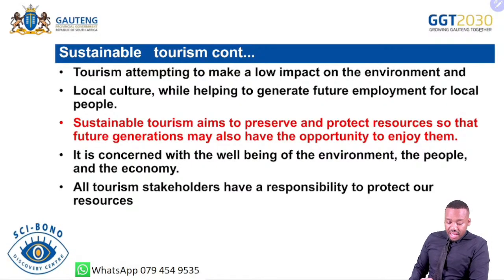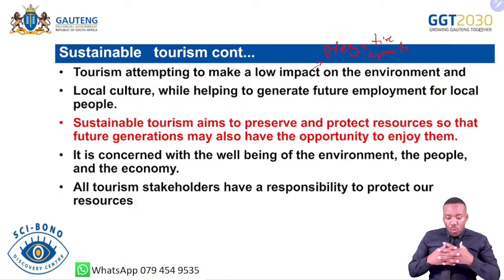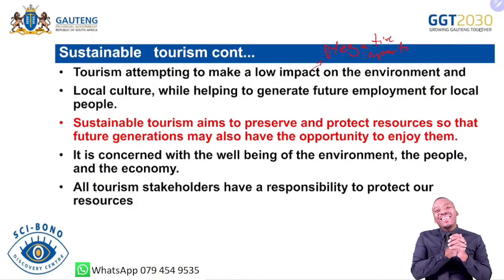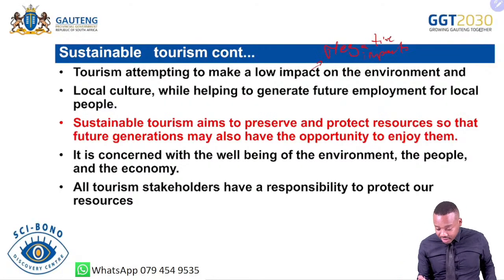We are also saying that we need to remember that when we're talking about sustainable tourism, we are saying tourism is attempting to make a low impact. Which impact am I talking about here? I'm talking about the negative impact. So when we travel, we need to make sure that we try by all means to minimize or reduce the negative impacts of tourism on the environment, also on the local culture, while helping the future